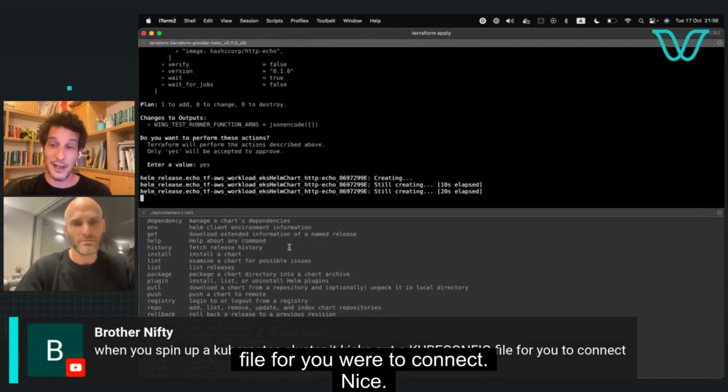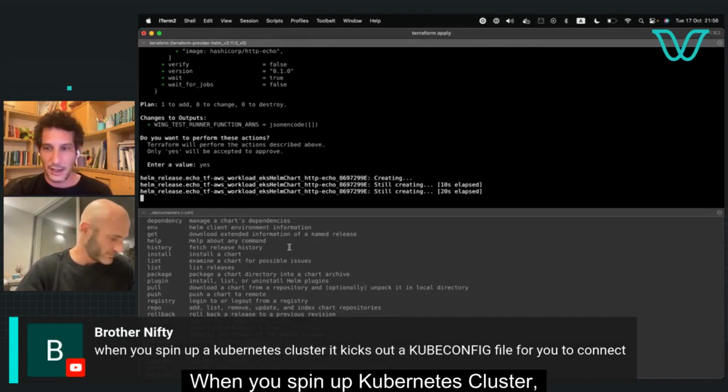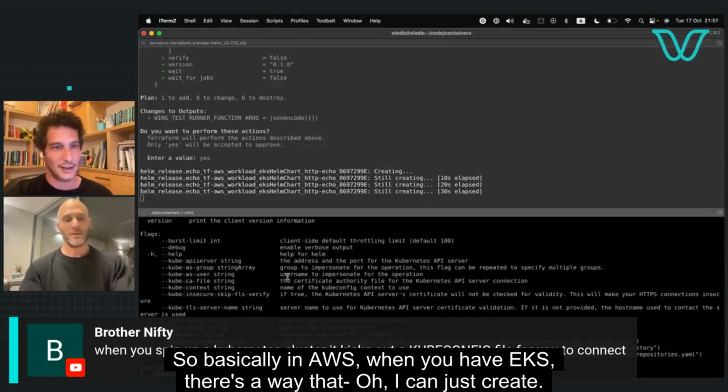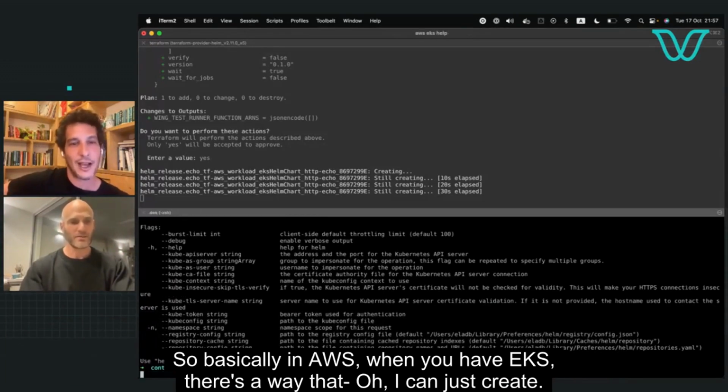File for you to connect. Nice. I'm pretty sure it doesn't, right? When you spin up a Kubernetes cluster, it kicks out a kube config file for you to connect. So basically, in AWS, when you have EKS, there's a way to...